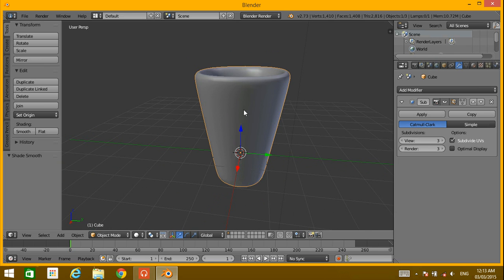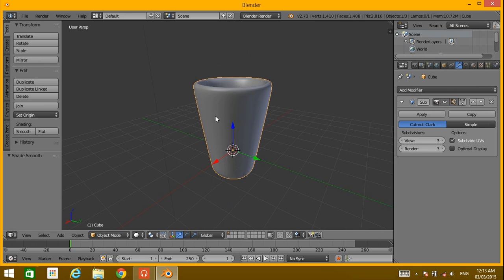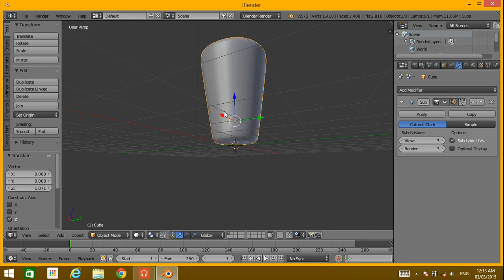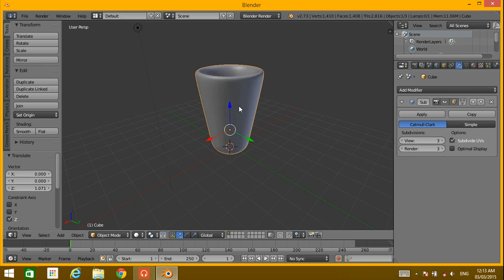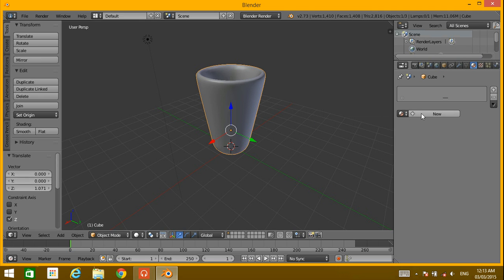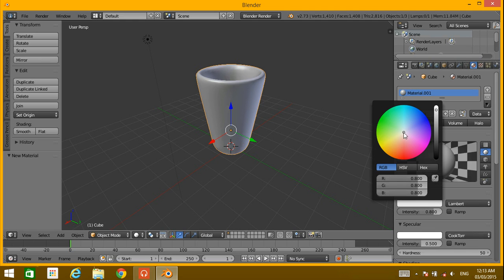So here is our very fast model of a glass. We're gonna render it later, but first I'm gonna apply a basic material. To do that I'm gonna press new and color it a little bit sky blue.